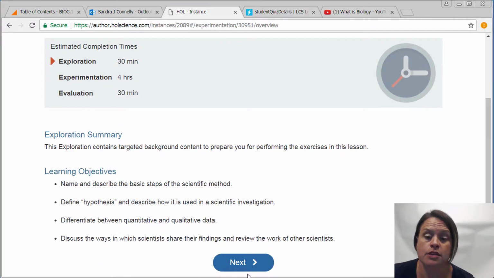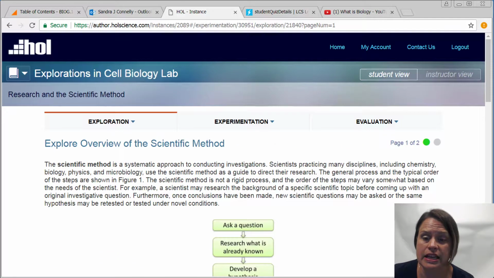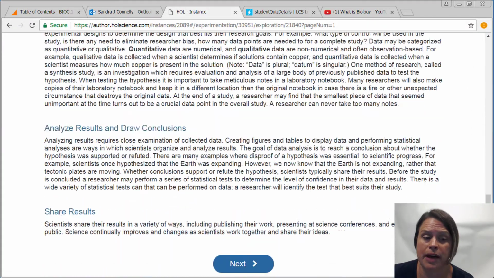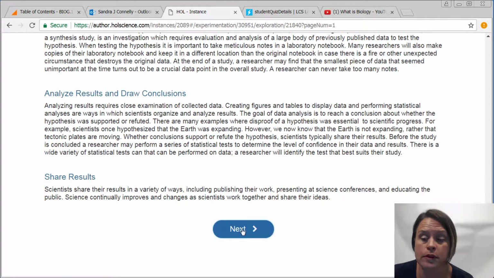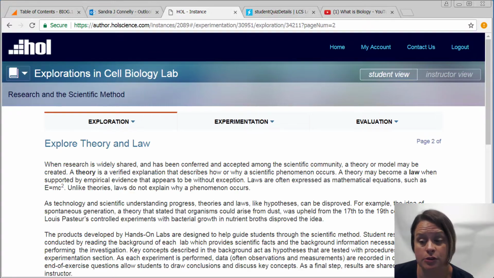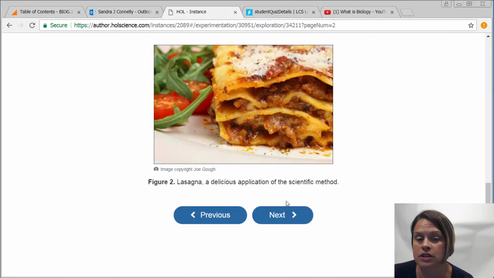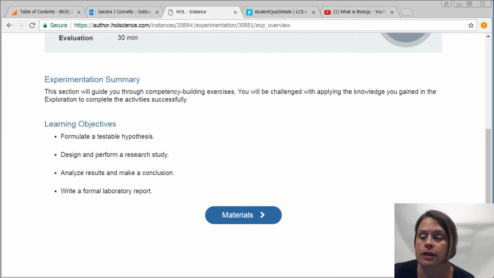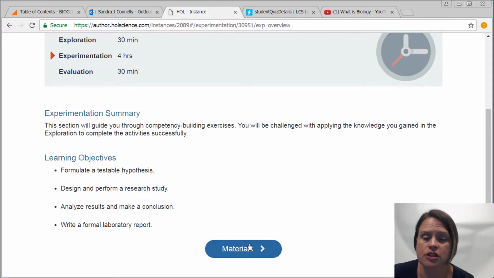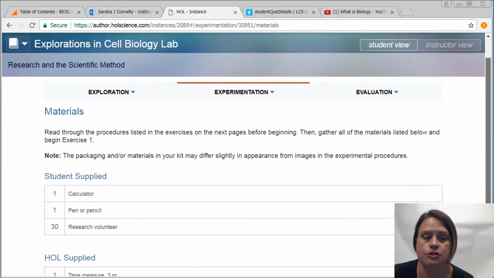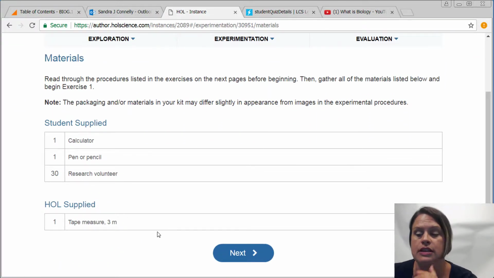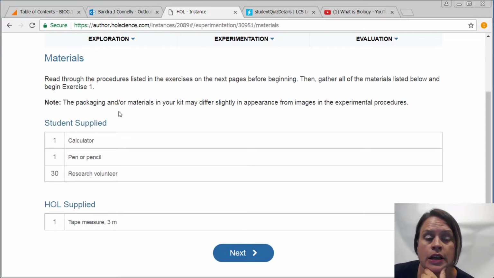When you start through, it's going to give you some background information. If you're comfortable with hypotheses and so on by this time, maybe you don't need this. You can skim through it, see what you need. Ooh, lasagna. When you keep going through, you eventually will get to the point where it's going to say, you actually need some things now. So you need the tape measure I showed you out of your box. But it also is going to give you a student supplied section. This means that it expects that you would have a calculator, a pen or a pencil,